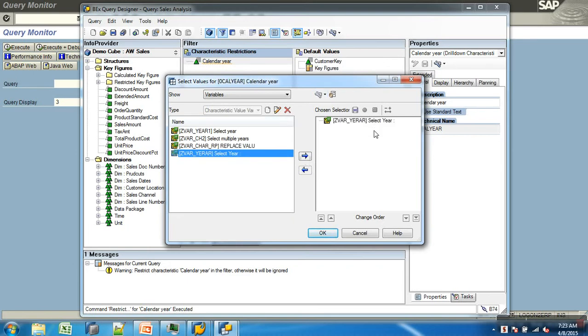Just move this. So instead of restricting with a fixed value, I'm restricting with what? Variable.